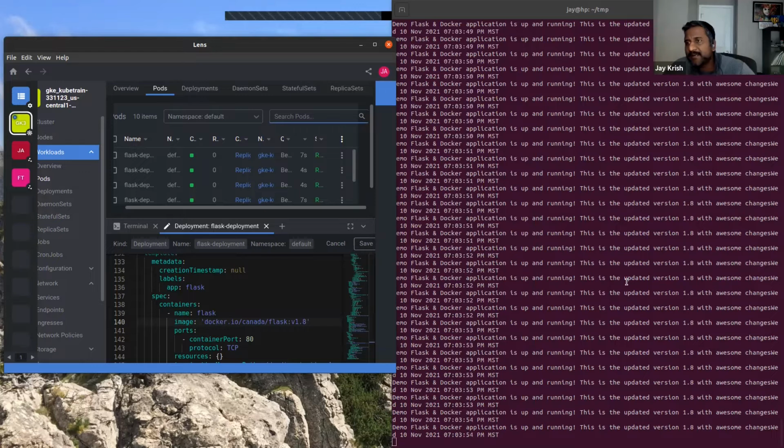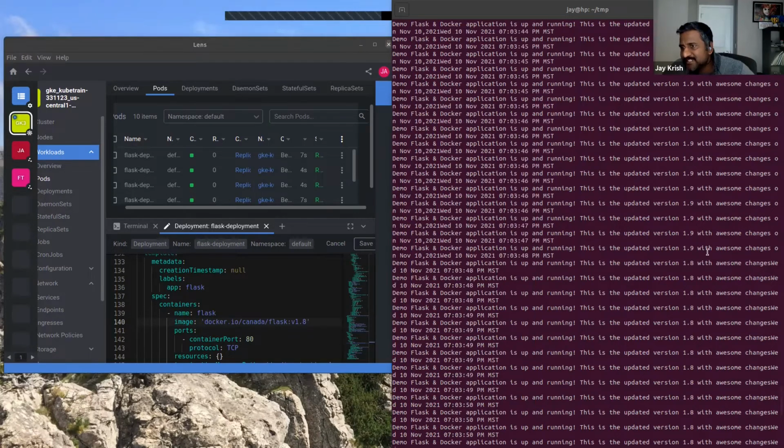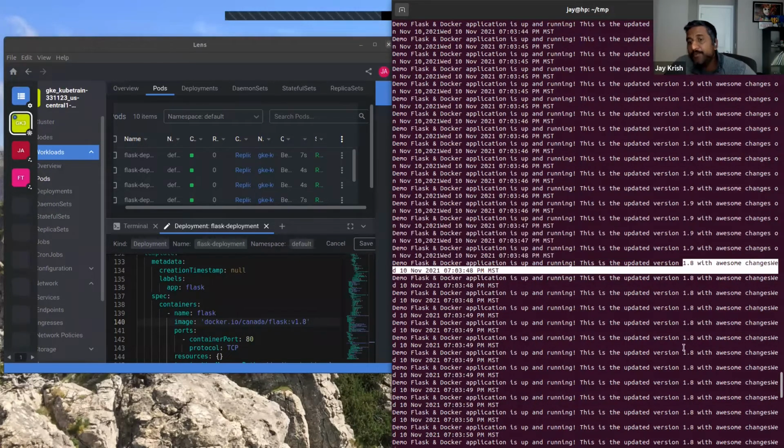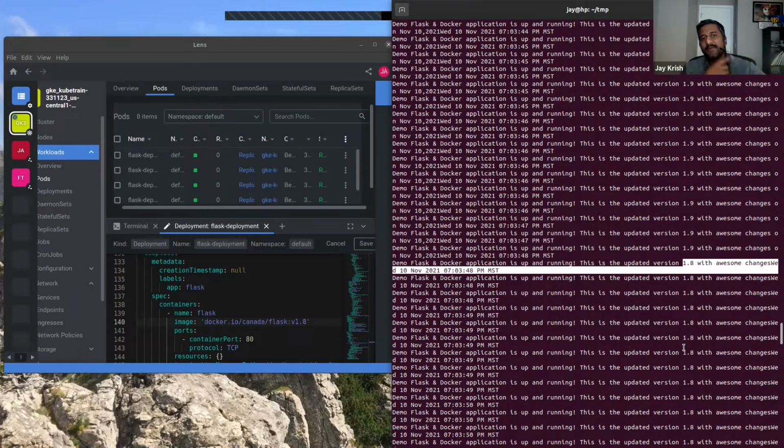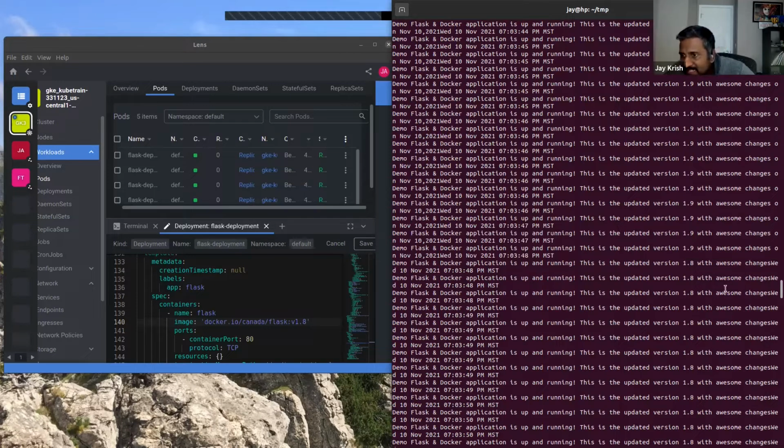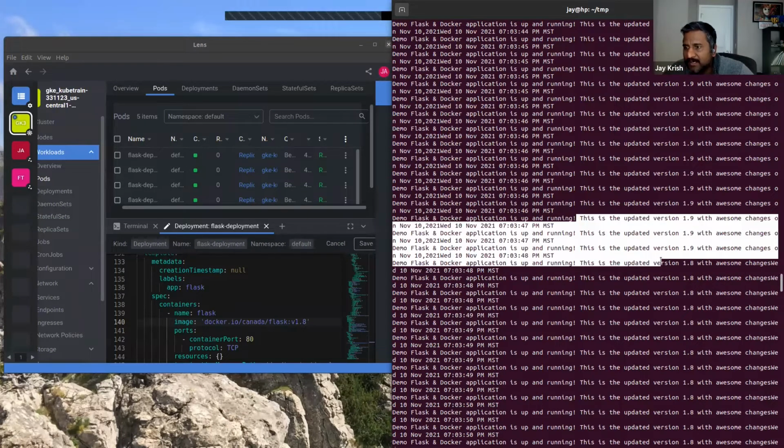This request never stopped. And even if you see here, from version 1.9 to 1.8, it got the new pod, but there is no downtime. We have upgraded or downgraded or changed the version or the content of our application without any downtime, right? So the build and deployment and the initial testing of the Docker container, you're doing it offline, outside, in a non-prod environment. And then after it is proven and successful, you deploy it to the production environment, and there is no gap. From 1.9, it goes to 1.8.